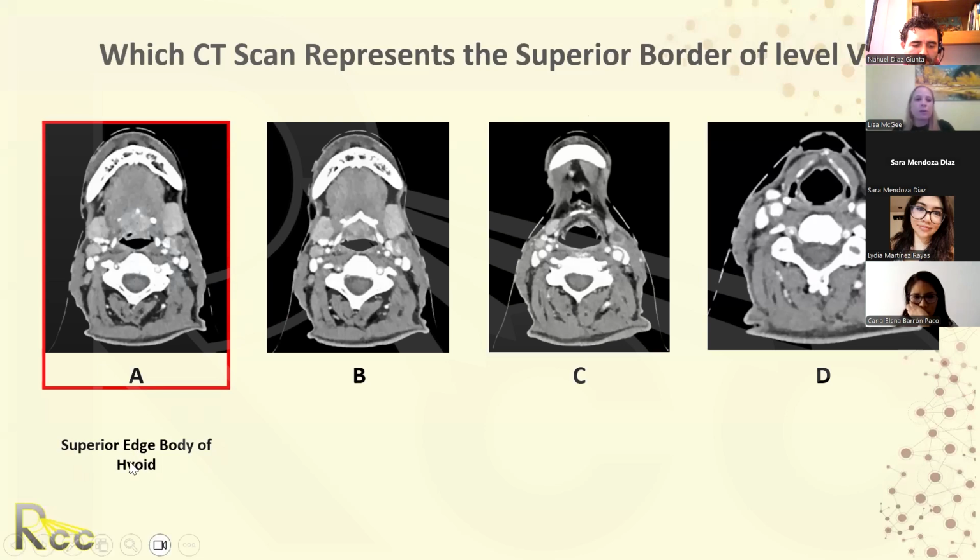So if we look more carefully at the images, what exactly are we looking at? Here, what I'm trying to show you is we have the hyoid bone just starting, so you can see just the very superior aspect of that bone along the bright white here. In B, we're at the level of the mid body of the hyoid bone. In level C, we're at the inferior aspect of the hyoid bone. And in level D, what I'm showing you is the very superior aspect of the thyroid cartilage, which is